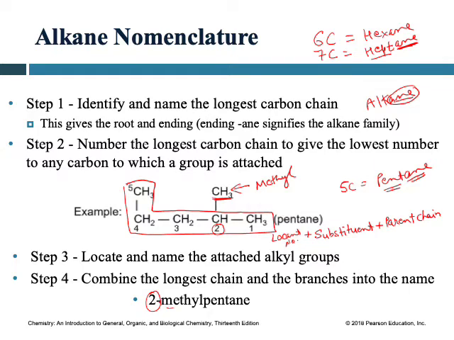So in this case, second carbon has the substituent, so that's why you have 2, and then between the number and alphabet you have to write a hyphen, so that means 2 hyphen, then you have to write the substituent name. What is substituent name? Methyl. And then you have to write parent chain. What is parent chain? Pentane. So the name of this compound is